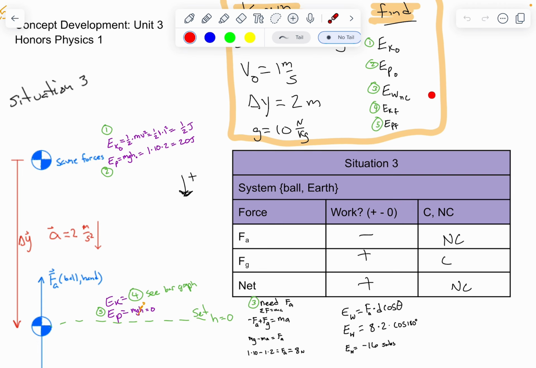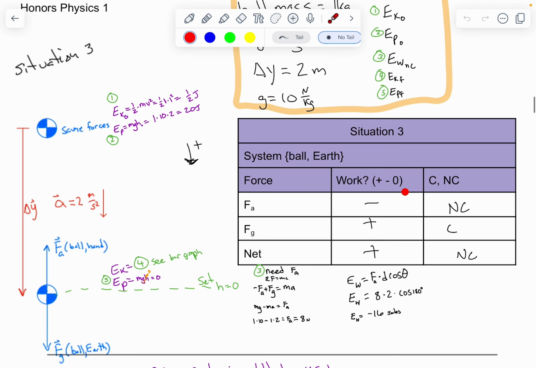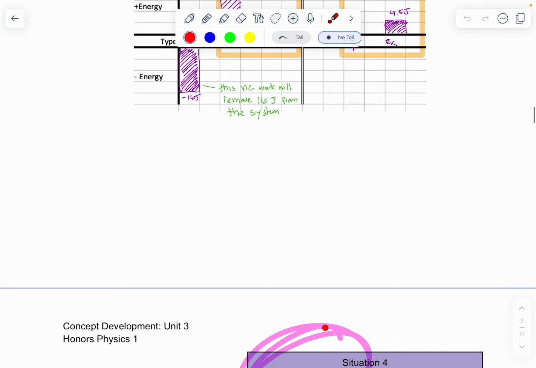All right, let's see what else we were trying to find. Oh, should mention here that we set the height at 0. Again, this is our lowest point. So that's a really quick, easy calculation where the potential energy is 0. All right, I'm going to skip down to